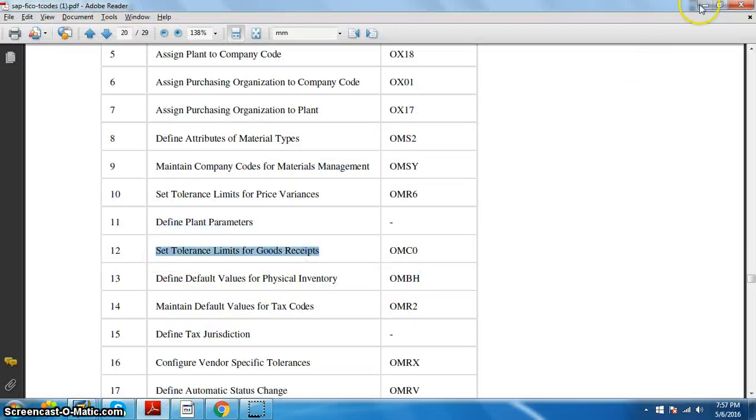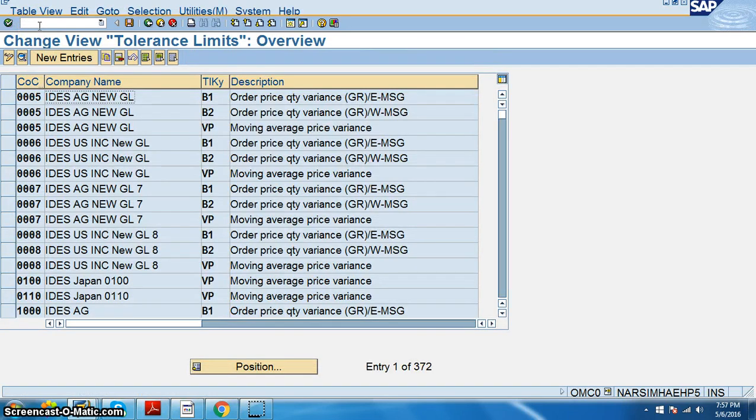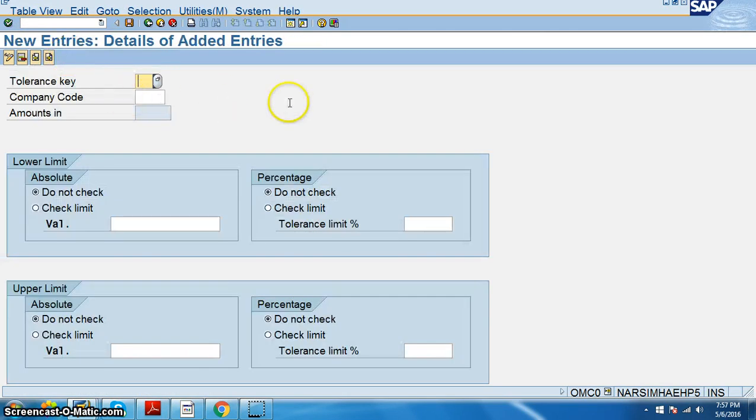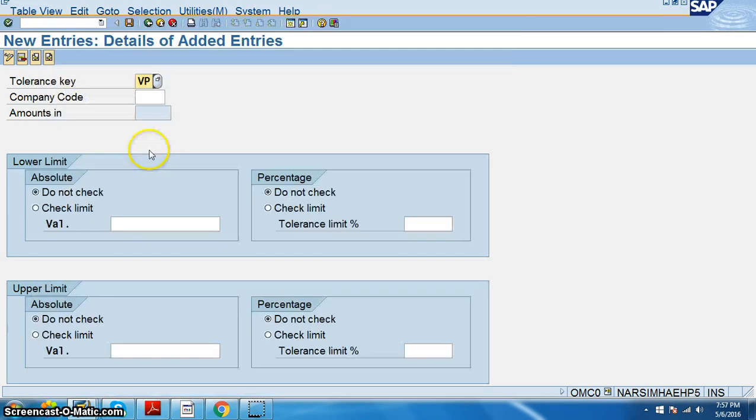Then we have to go ahead with the set tolerance limits for goods receipt, OMC0. So in OMC0, you just need to go for new entries, and tolerance key, we are giving the tolerance key. We have the tolerance key as VP, moving average price variance. Company code is VPRO.